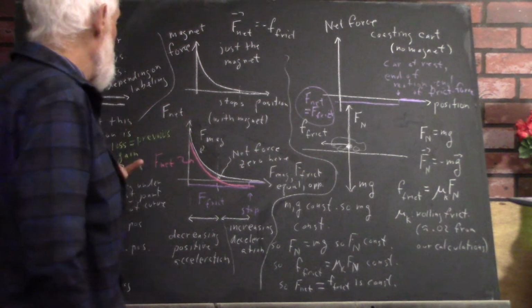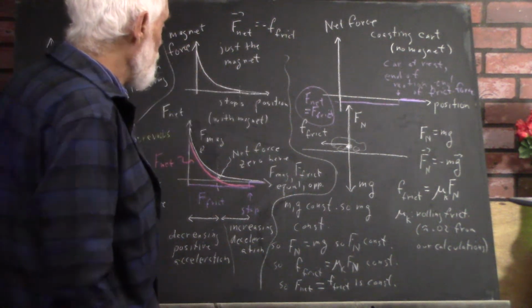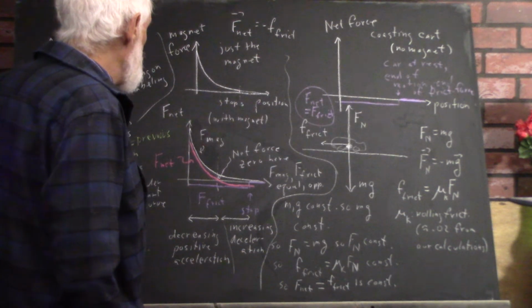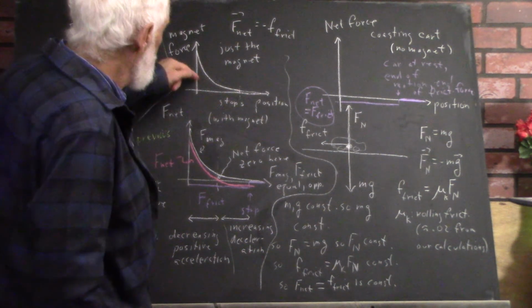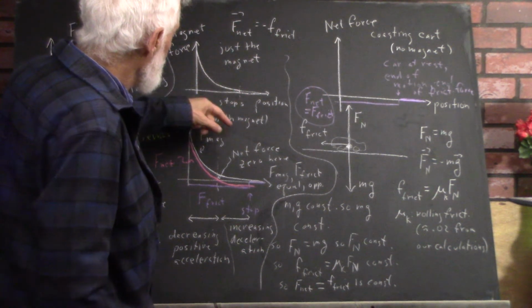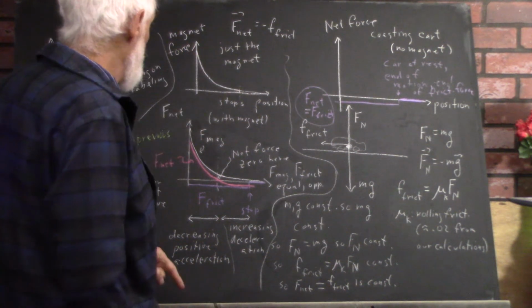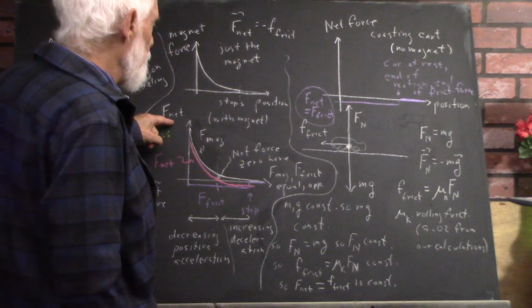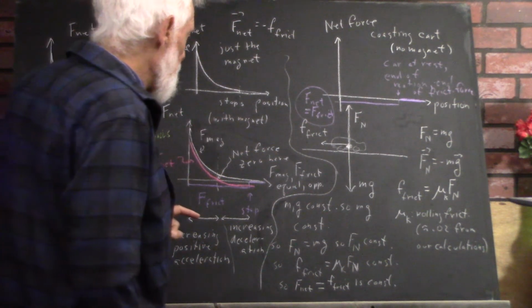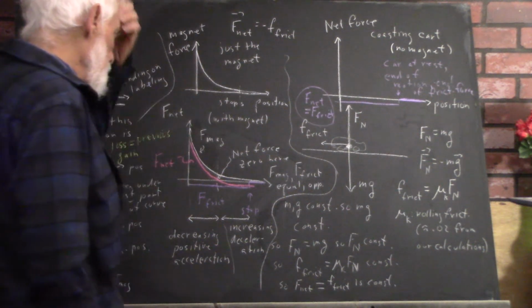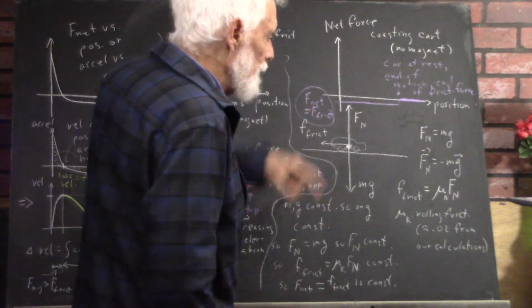Okay, so that's what the magnet force looks like. And at some point the car stops. So you have a non-zero magnetic force when the car stops. Okay, now if we then do the net force,